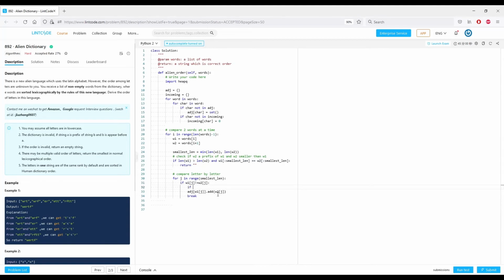If this letter is not already in our adjacency for this letter, what you want to do is incoming for its next letter here is going to be equal to itself plus 1. Okay? So basically what we're doing is if it turns out two characters are different, I want